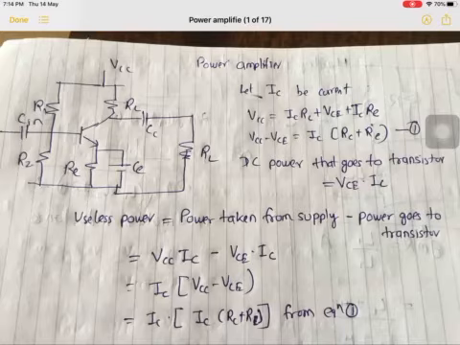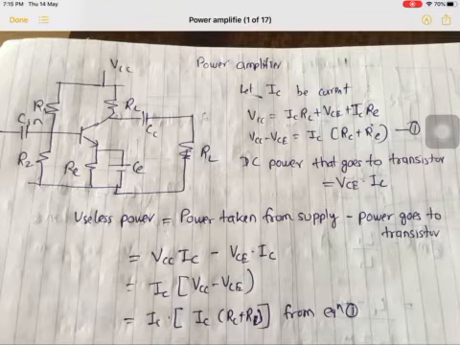So what is the difference? Can we use voltage amplifier in place of power amplifier? Because voltage amplifiers amplify the voltage. If there is amplification, voltage multiplied with current should also give a power amplification. So let us think in that way how to use voltage amplifier as a power amplifier, and if not, then why can't we use that?